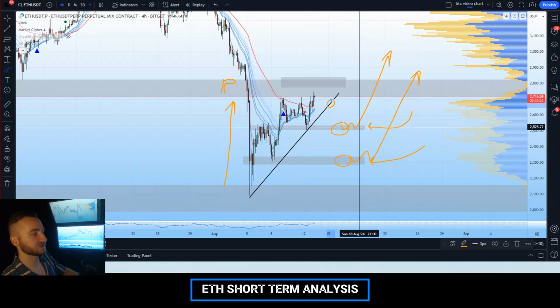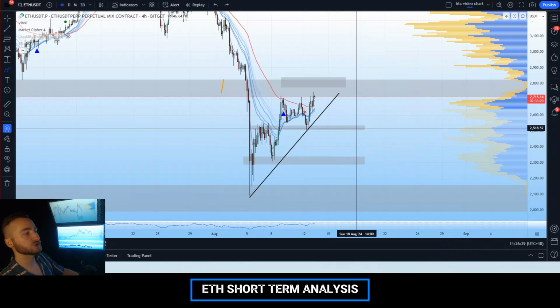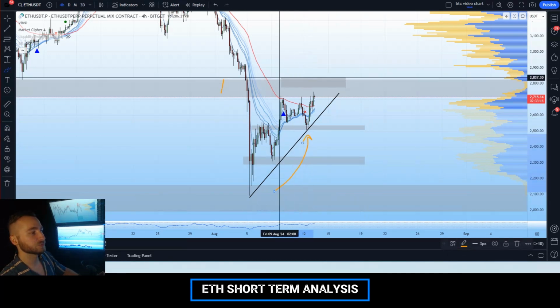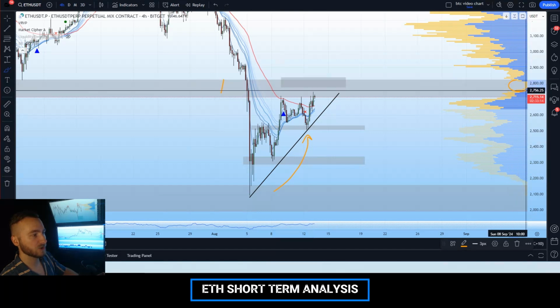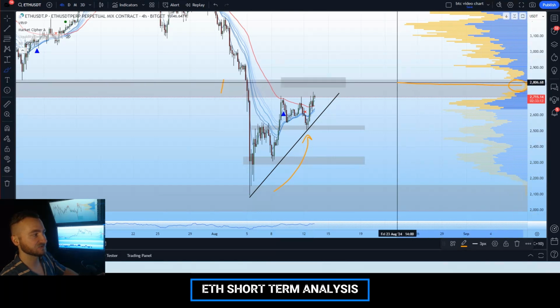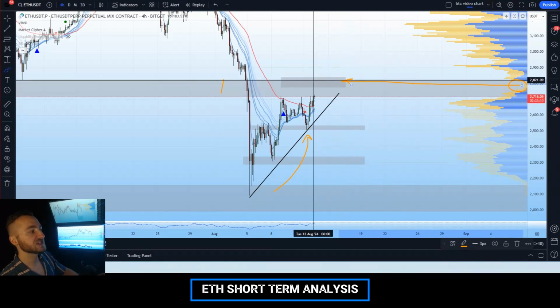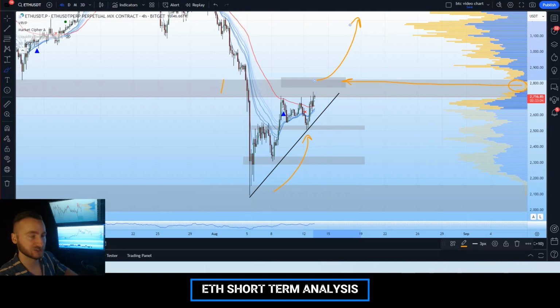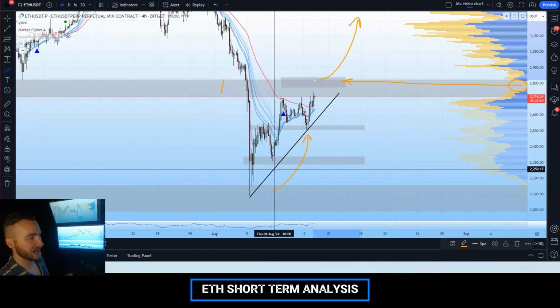The bullish case scenario is that Ethereum is able to sustain above this uptrend and eventually break above this liquidity pocket at 2800. Again, this is our liquidity pocket, to see a break and continuation towards that downtrend we have identified on our higher time frame chart. So again, Ethereum will need to close a daily candle above 2800 to see that continuation higher. Until then, we are in an uptrend.